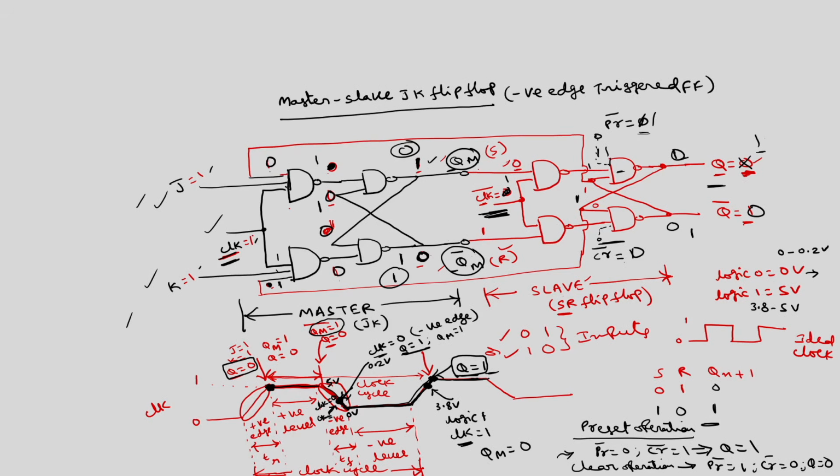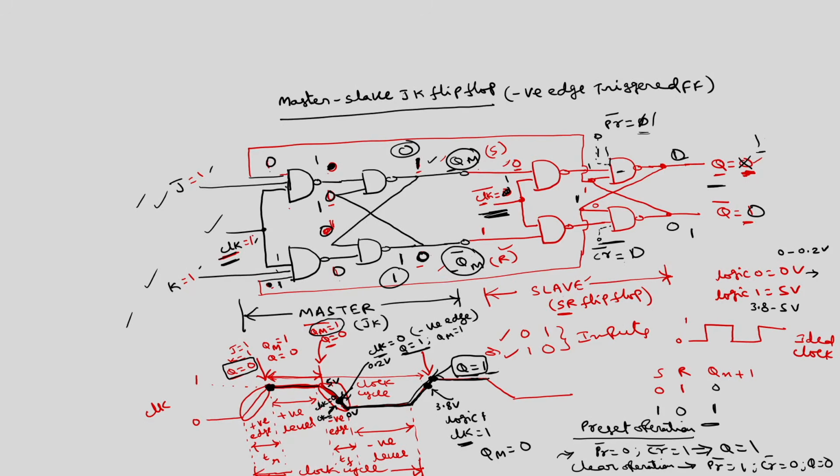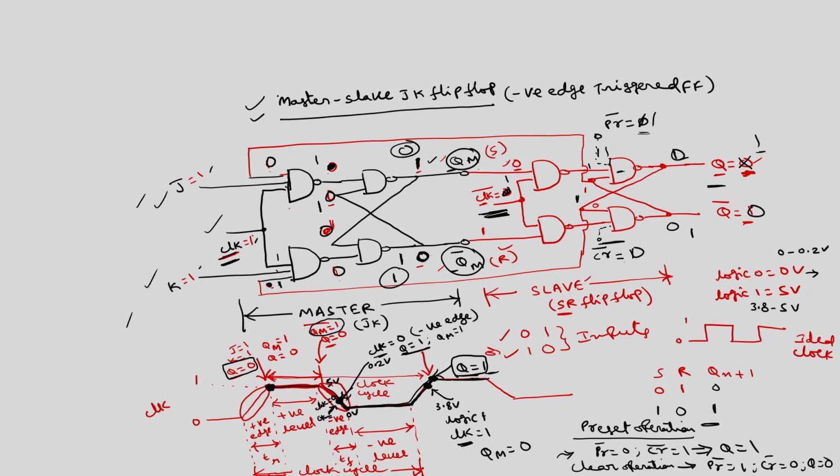Okay. So these preset and clear are called asynchronous inputs, which are used to establish the initial state of the flip flop. Initially, if you want to set the flip flop, we use the preset operation. If you want to reset the flip flop, you use the clear operation. So preset and clear will be useful in designing counters. Okay. So this is about the master slave flip flop. We can write the Verilog code corresponding to this master slave flip flop, and using it we can design circuits such as counters and shift registers.